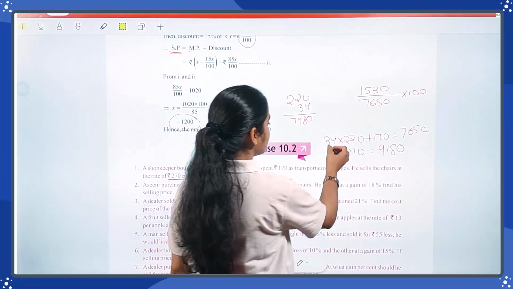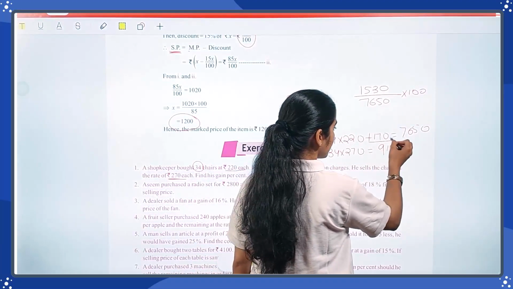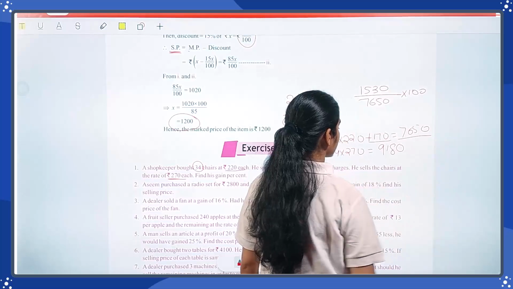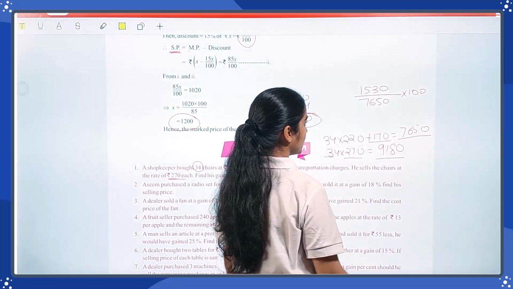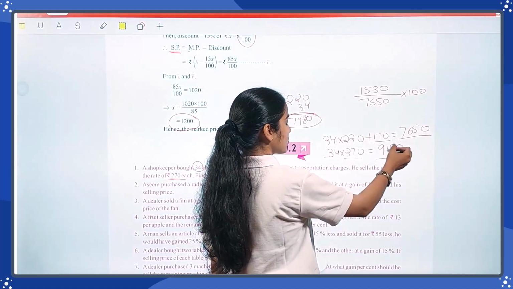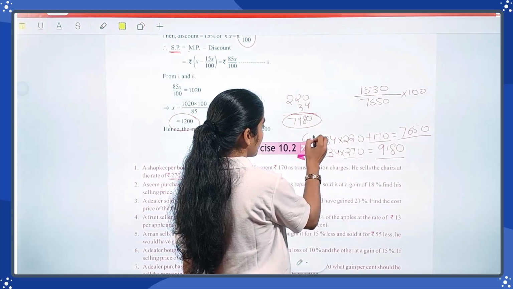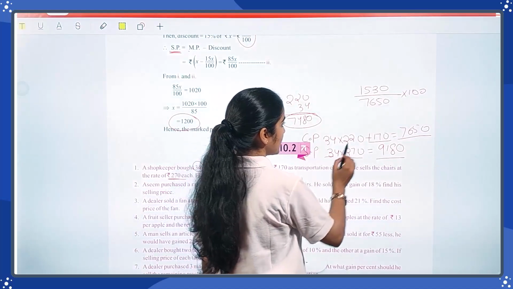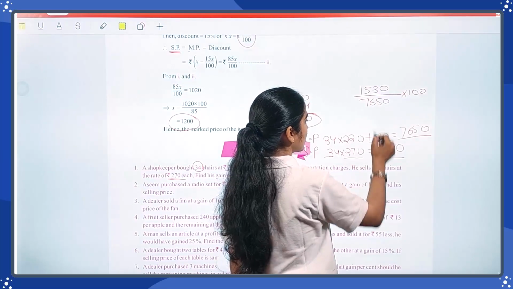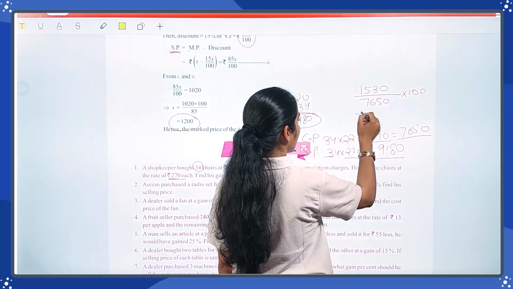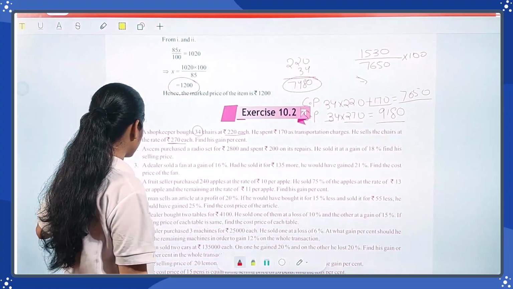When we multiply 34 by 220, we get 7480, and adding 170 to this we get 7650. 34 multiplied by 270 is 9180. When we subtract our cost price from our selling price, 9180, we get the difference of 1530. Now we have to divide it by the cost price and multiply by 100 to get the profit. After solving this, you get your profit percentage.